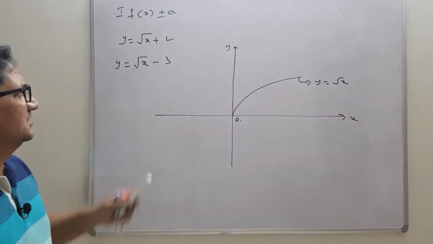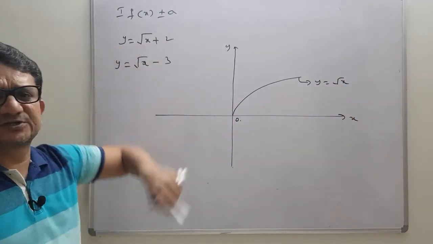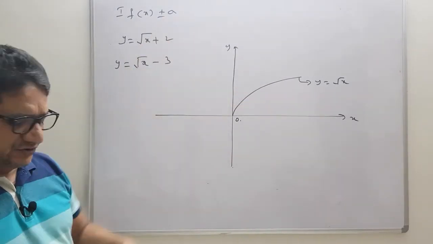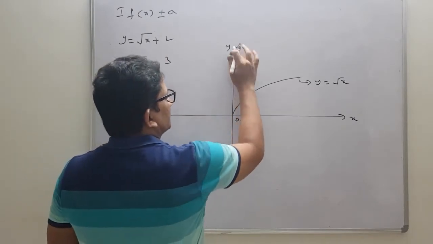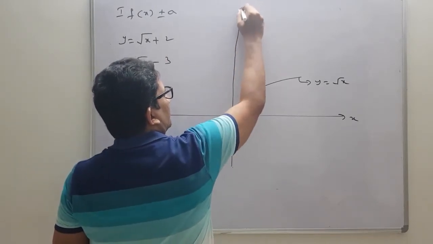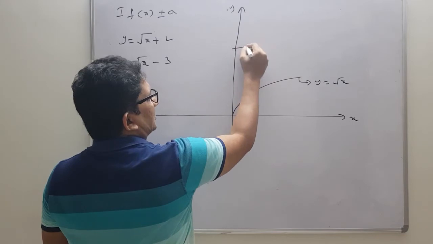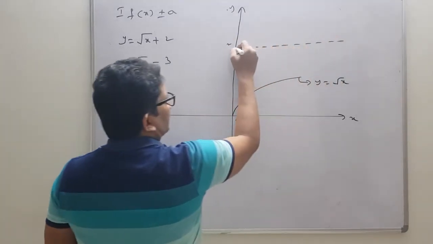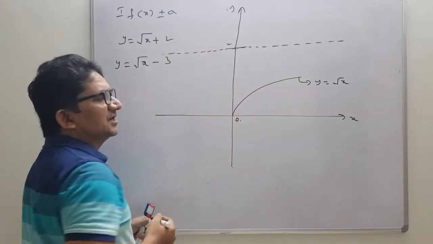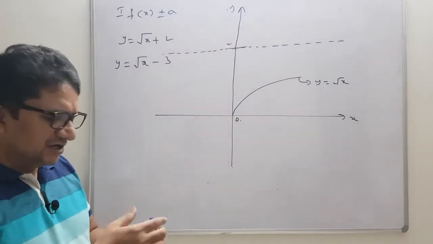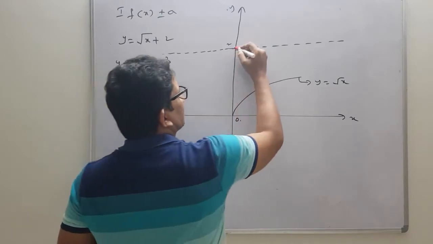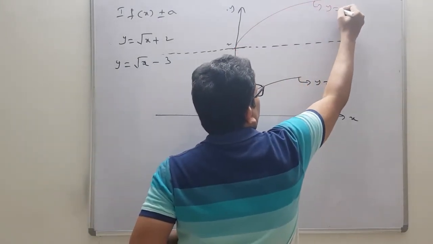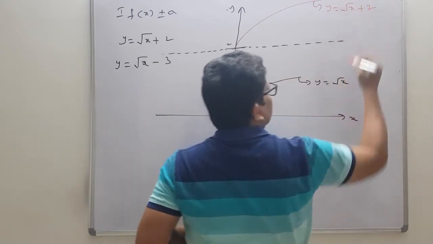And next graph is, we want y equals root x plus 2. Root x plus 2 means we need to shift the graph upwards by 2 units. That means here somewhere, just an assumption, not accurate scale. Okay, so here I am taking 2. So there you take a line for your reference. So you feel it as a new x-axis. So there we need to draw the graph, means a similar structure will get here like this type. So this is your graph y equals root x plus 2.